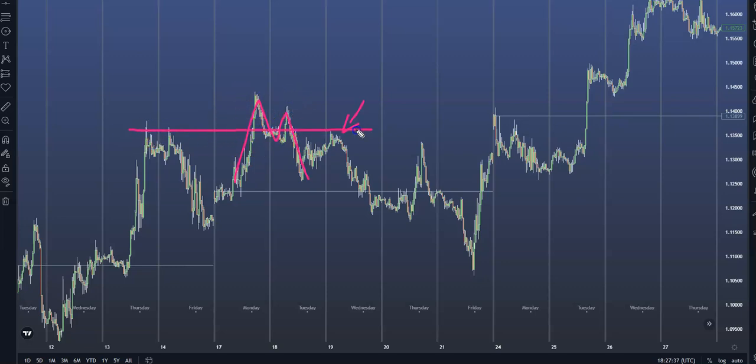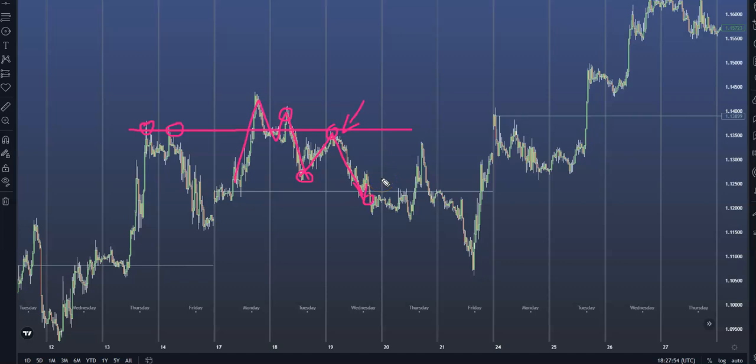We can see an area of resistance over here. This is the key level. We broke above. We came down, sat underneath it for a little while before coming up, breaking down lower, kind of creating now a new lower low, and this is becoming a lower high. So what are we expecting with the flow of the market? A new lower high and a lower low.